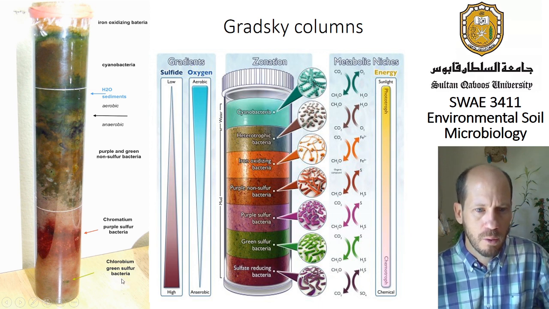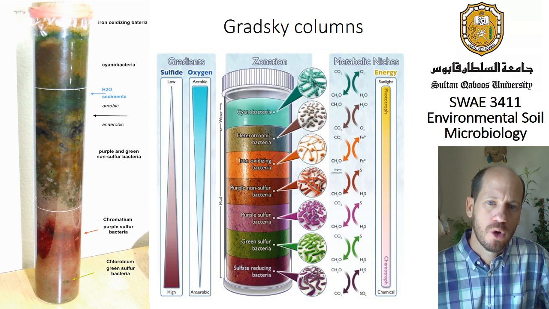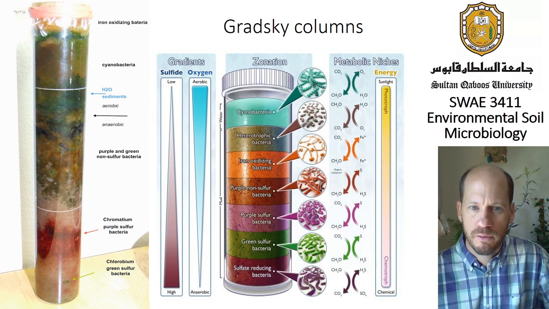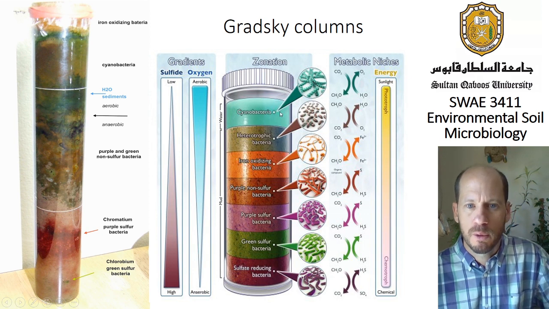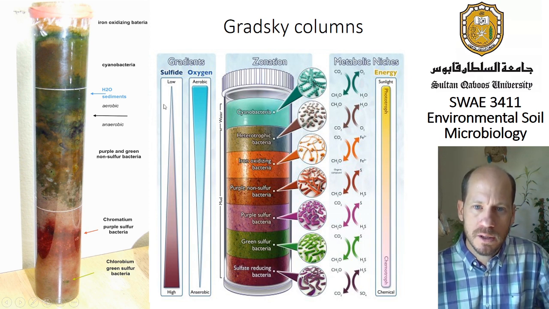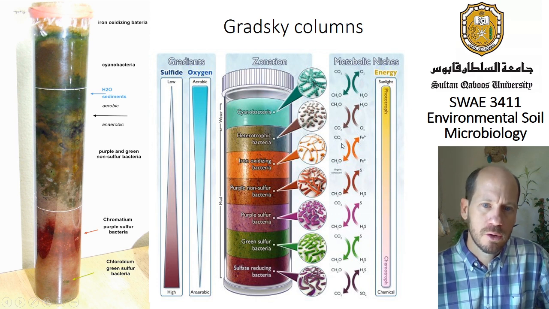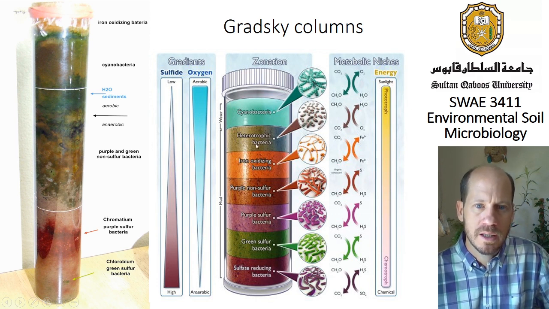First, you have Chlorobium or green sulfur bacteria, and after that purple sulfur bacteria. Then purple non-sulfur bacteria, then iron oxidizing bacteria, and at the top aerobic heterotrophic microbes. Cyanobacteria will be creating the oxic conditions on the top, and these heterotrophic microbes will be the ones fully oxidizing this